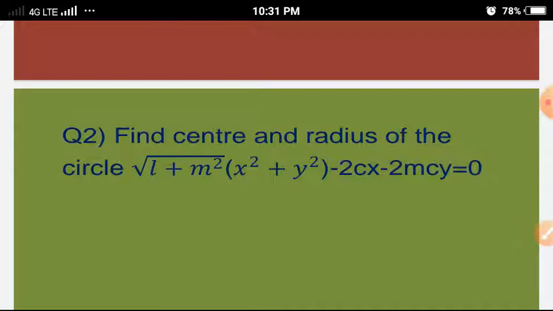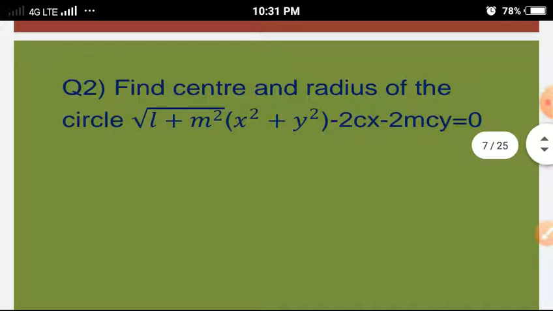First we have to write the given circle equation. Later we have to compare this circle with the general form. Then we have to find g and f. Then later we find the center and radius also. Like this we do. Right, we will see the solution.